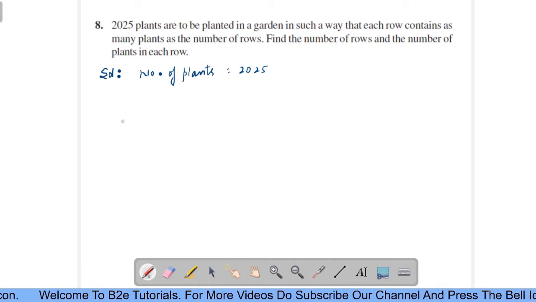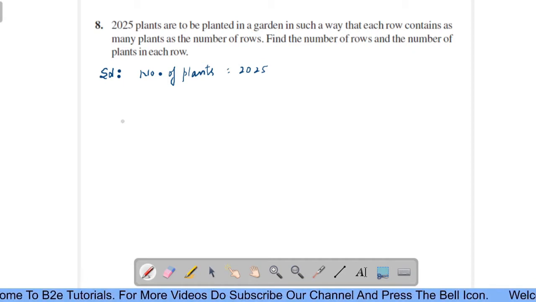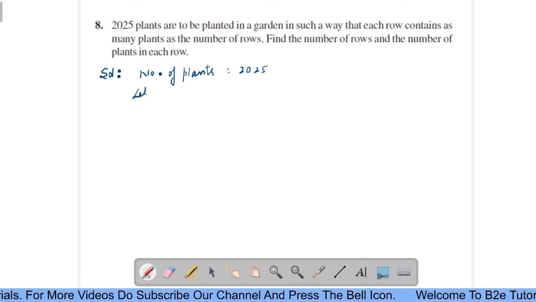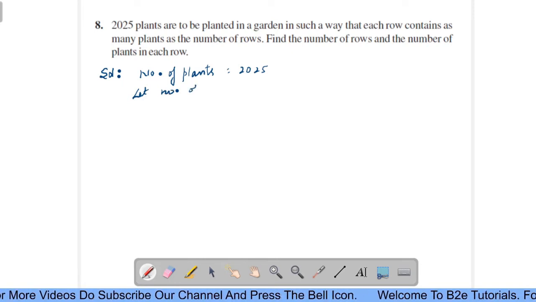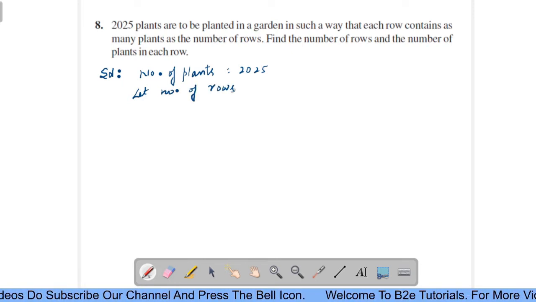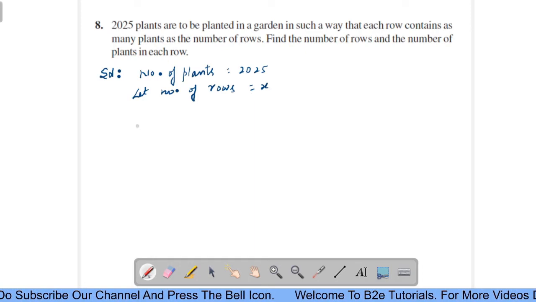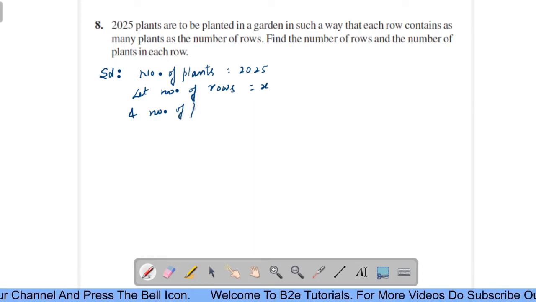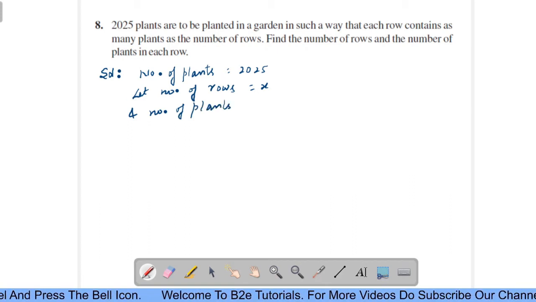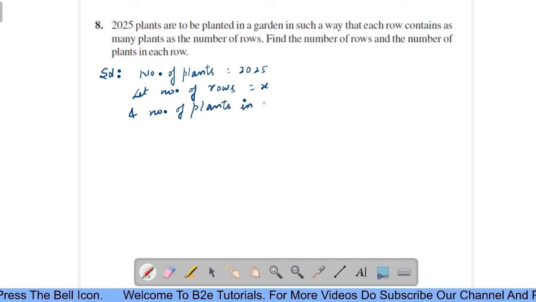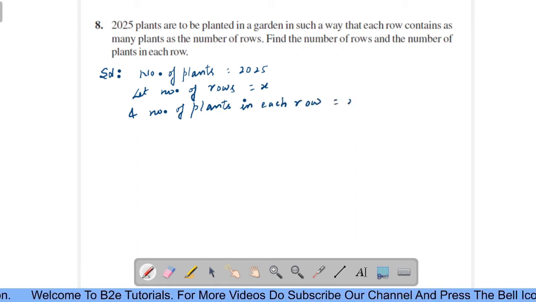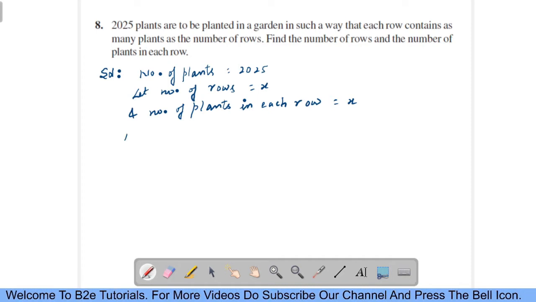Let the number of rows be equal to x, and the number of plants in each row be equal to x. According to the statement,